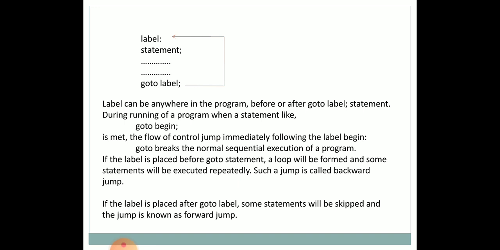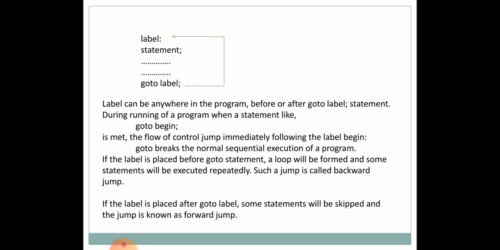If the label is placed after the goto label, some of the statements will be skipped, and this type of jump is known as the forward jump. So in any case, the label can be anywhere in the program, either before or after the goto label statement.